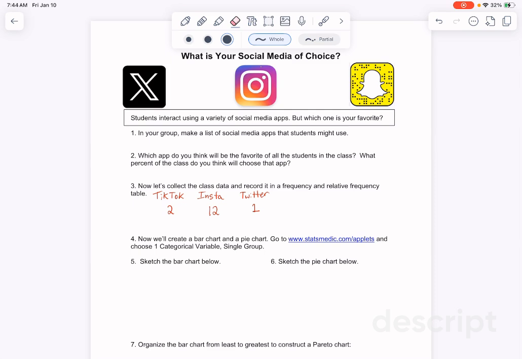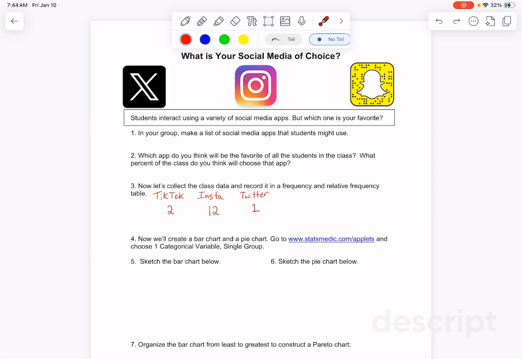So one thing you'll notice, if we take 2 plus 12 plus 1, so 2 plus 12 is 14, plus 1, that's 15. Our class had 19 people in it yesterday. So that is an issue that we would normally try to fix.